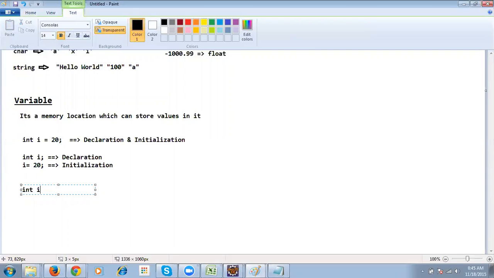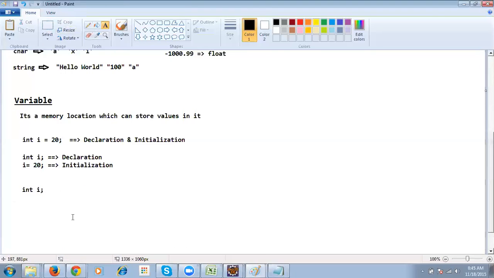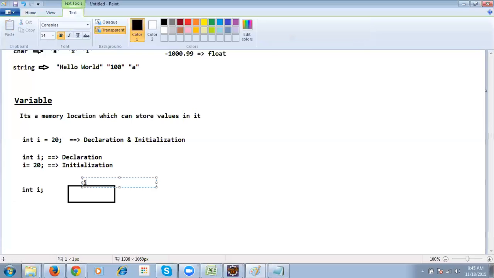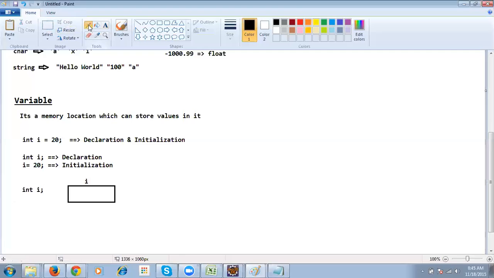When I give integer I, it's going to create a memory location, and the memory location name will be I. And this integer is a data type which tells the memory location